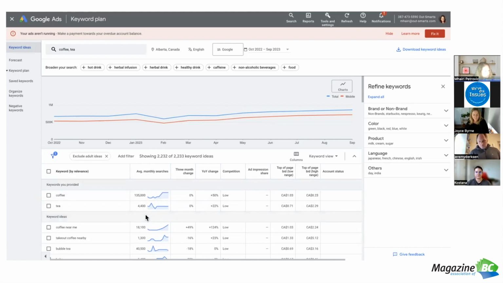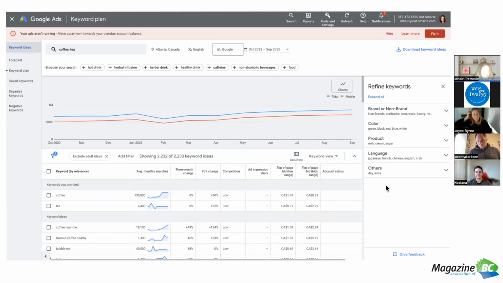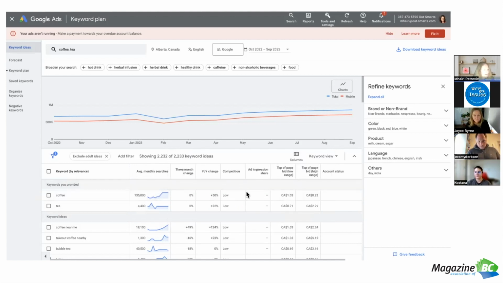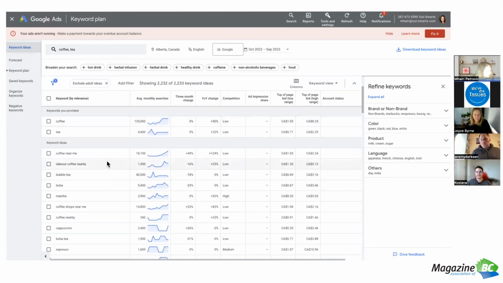The important thing to look at here is your average monthly search and your competition. When determining the keywords that you want to use, choose words that have a high search volume and low competition. So as you scroll down here, you can actually see other keyword ideas that might be relevant to your article.